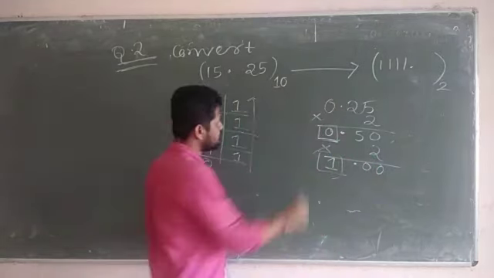So this is the whole procedure for converting from decimal to binary. I have solved 3 to 4 problems. Now it's time for you to try from your book, the Anand Kumar book. Try to solve as many examples as possible, and I'm going to give you some homework related to this conversion.